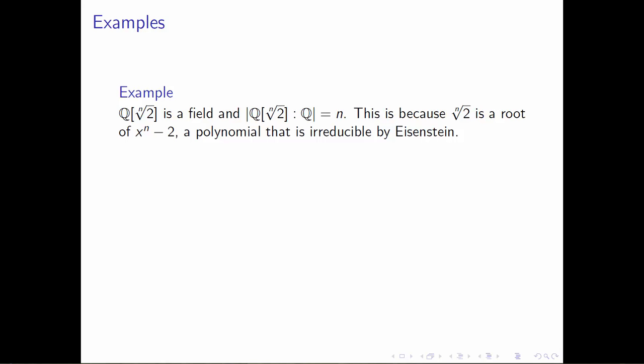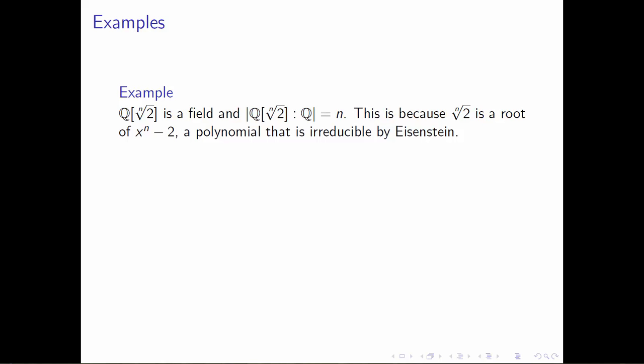The way that you go about showing this using the previous theorem is you just take the nth root of 2 and you show that it's the root of an irreducible polynomial. That demonstrates that it's an algebraic element, and then you know that what you've got is a field when you adjoin it to the rational numbers. So because the nth root of 2 is a root of x to the n minus 2, and x to the n minus 2 can be shown to be an irreducible polynomial by Eisenstein,